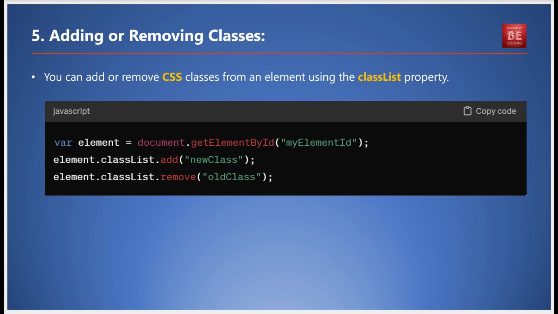Adding or removing CSS classes from an element is another common task. This can be accomplished using the classList property. Here's how to add a new class and remove an old one: var element = document.getElementById('myElementId'); element.classList.add('newClass'); element.classList.remove('oldClass');